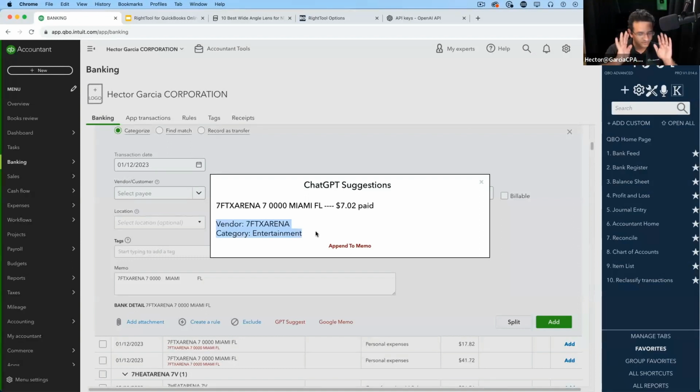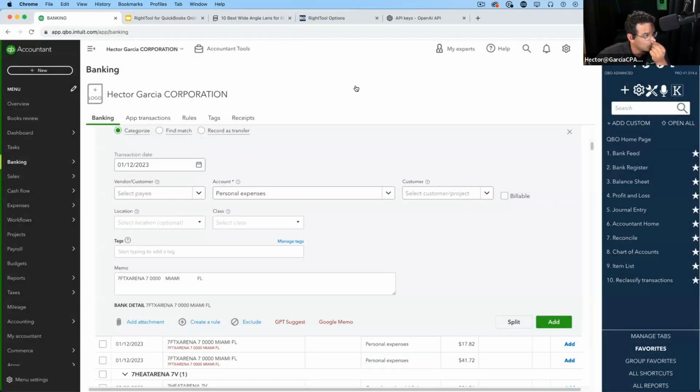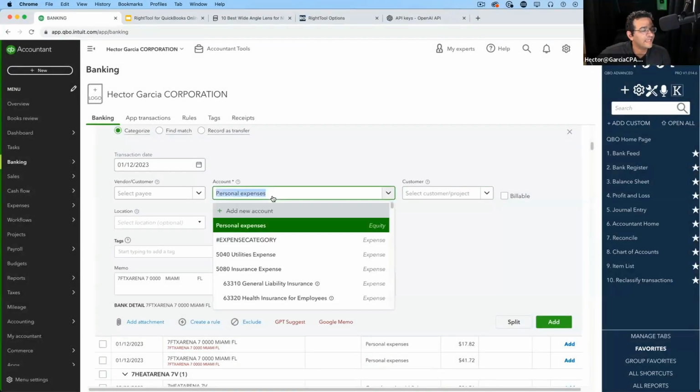So if you've been inspired by ChatGPT and you're like, you know what, I really want to get to the point where I find the perfect prompt that gives me the perfect categorization. There it is. I want to add one more thing, which is actually really, really neat, is if